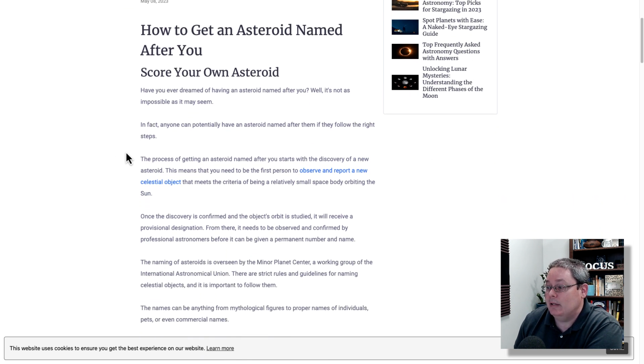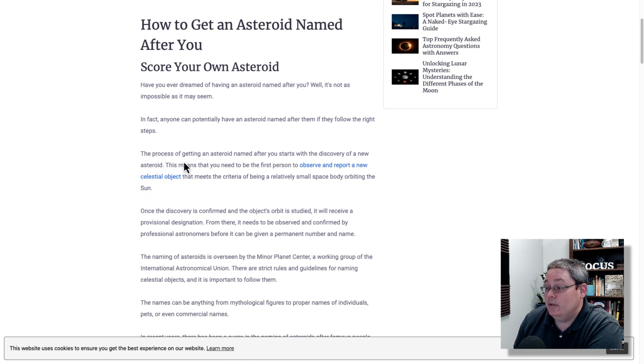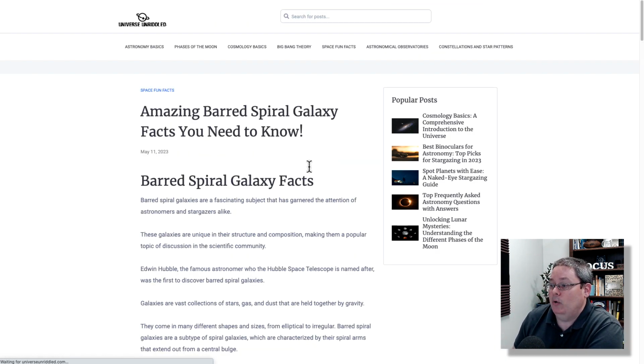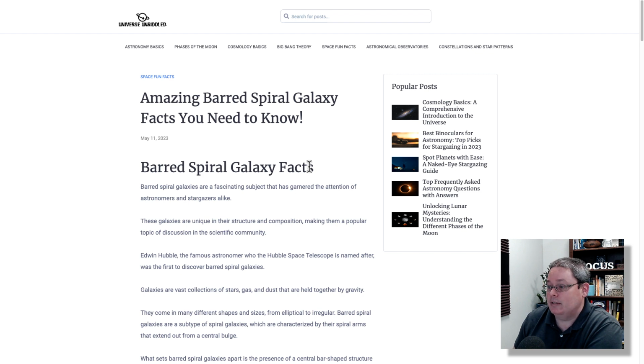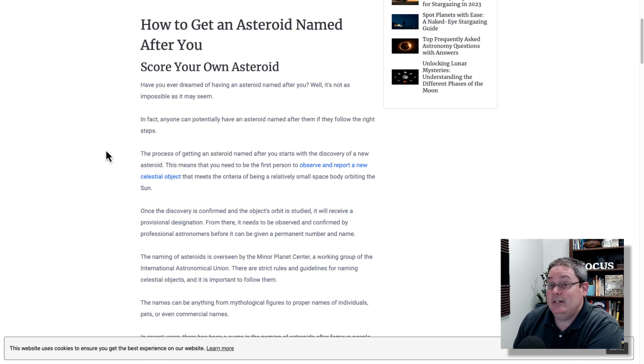The article might be a little thin as we read through it, and the first issue here is "observe and report a new celestial object" is the backlink, or the internal link, and it actually links to the post Amazing Barred Spiral Galaxy Facts You Need to Know, which is not a relevant link. So I didn't do a very good job when I was editing that, or I think this might have been, not to push the blame on our chat buddy or our AI assistant,